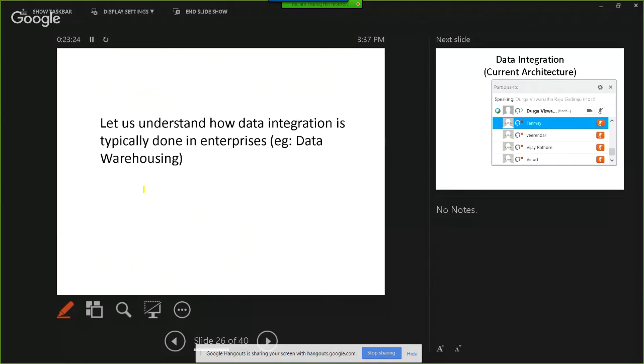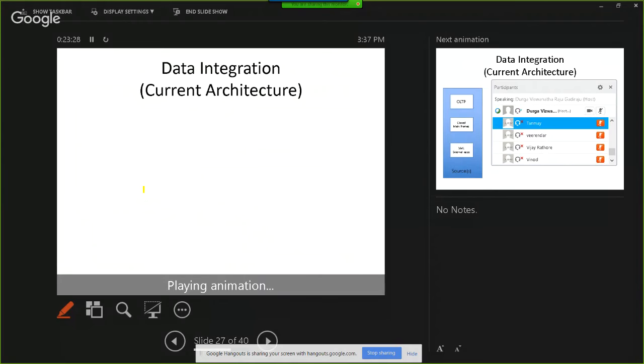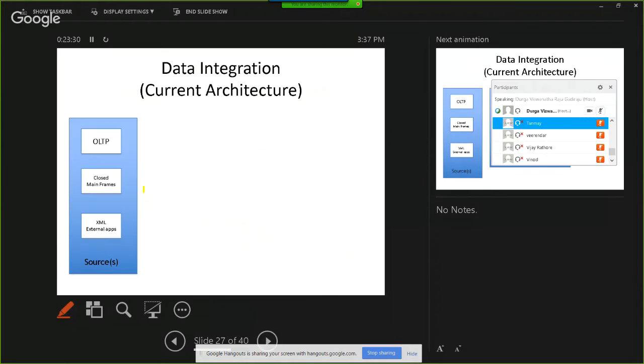Now let us understand how data integration is typically done in enterprises. I'm taking the example of EDW, Enterprise Data Warehouse. We will typically have multiple, disparate sources. One can be OLTP, which is nothing but relational databases. Second can be mainframe-based systems from which we need to get the data. And third, we can get data from multiple external applications, right?